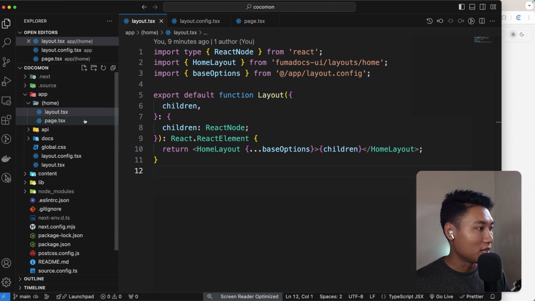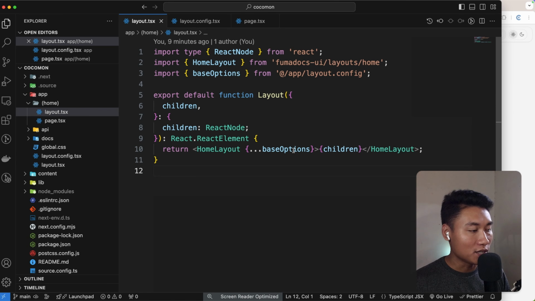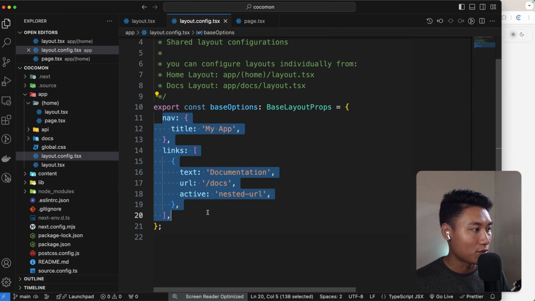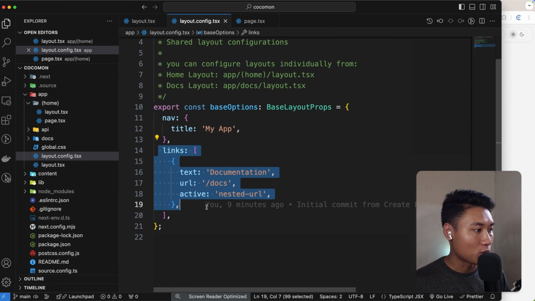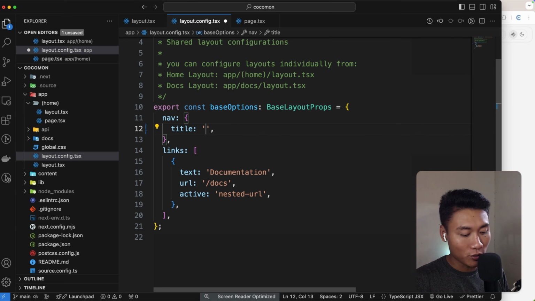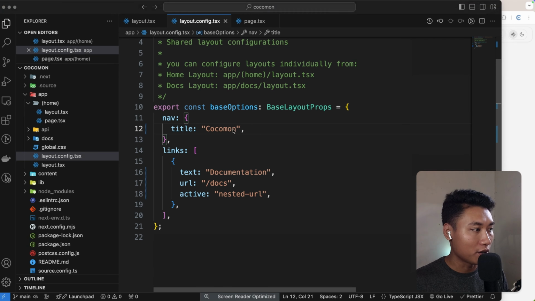Let's go back to layout right here. As you can see here, this is the render the best option. So let's click that, and as you can see here, we just have this nav right here, right? The link is just one, which is documentation. So the title, you can change that to whatever you want, common or whatever name you want,